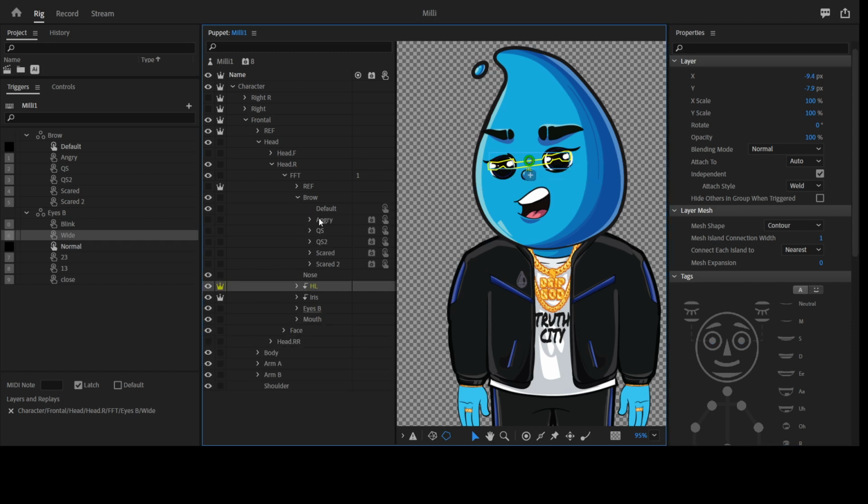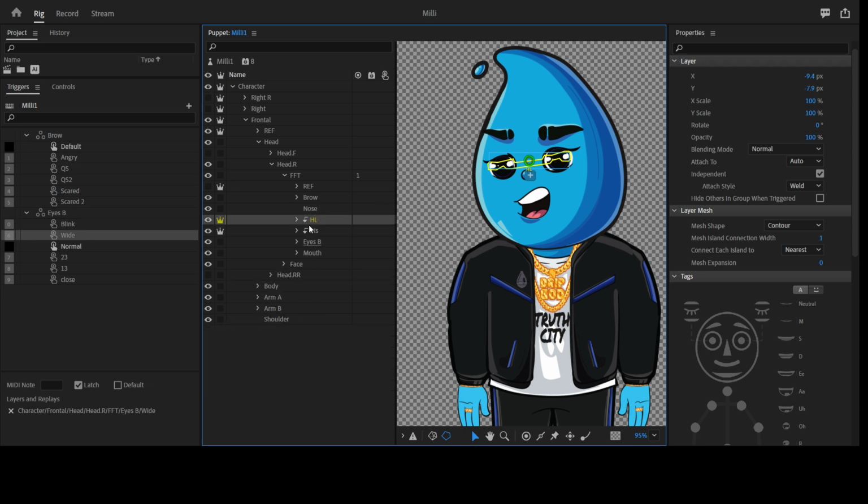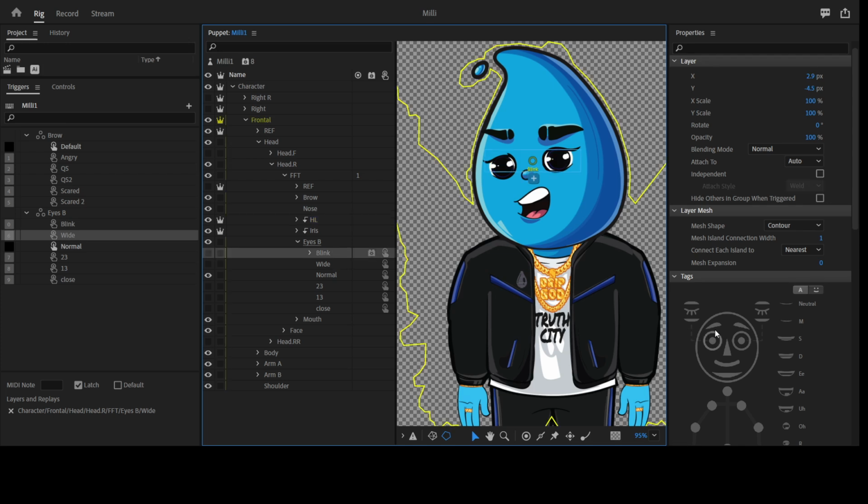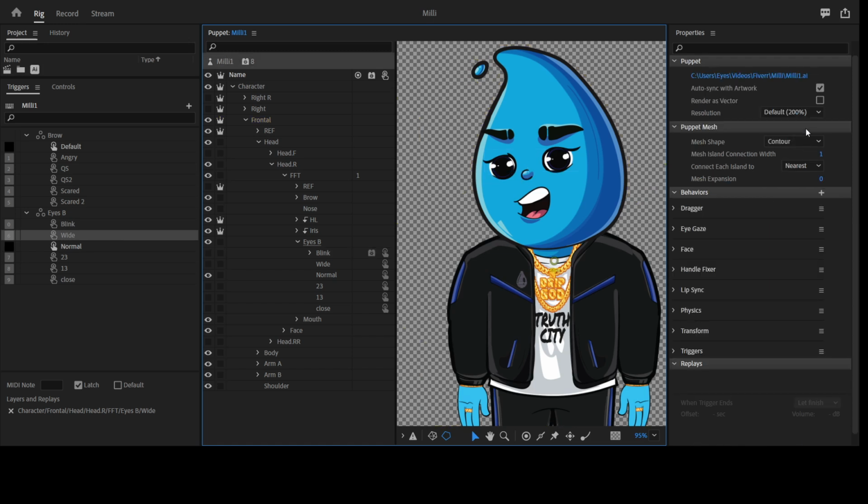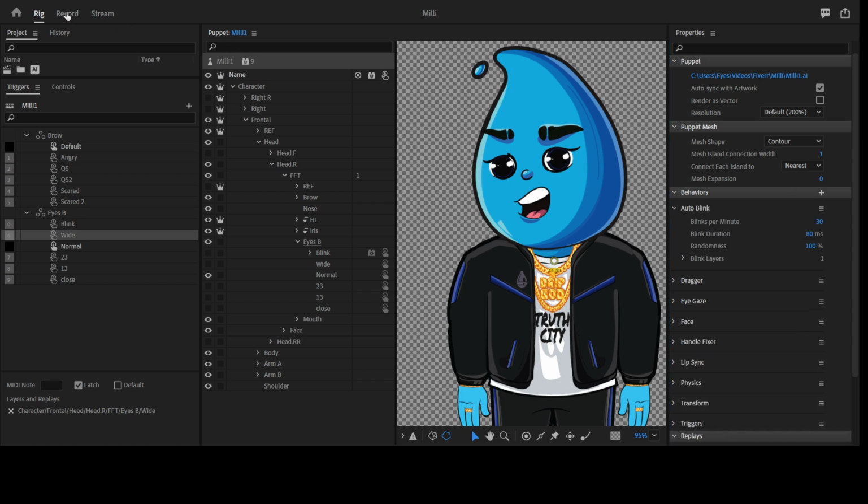One thing I did not add was the blink tag. So you select this and then add a blink tag. Since it's a cycle, whenever the blink behavior is active, it will go through both layers like that, and then it will go off. Now let's select the whole character, because there is a behavior you have to add to the entire character, which is the blink, for it to be able to blink. Now if I come to the record here,